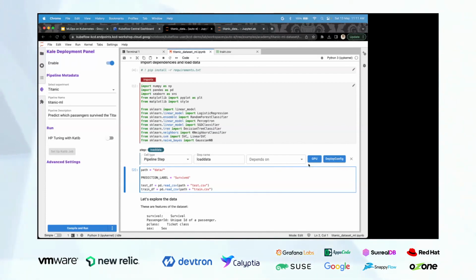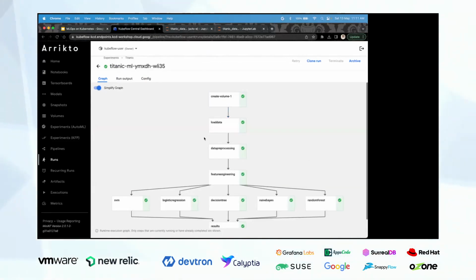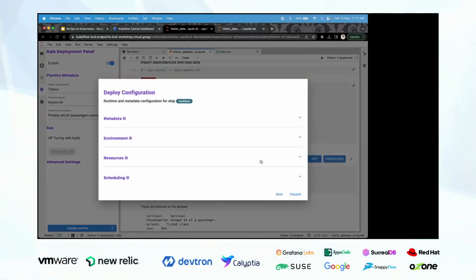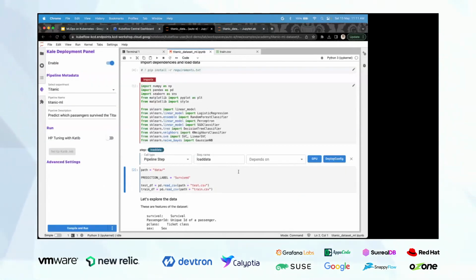There are other add-ons which we can also add, like if we want a GPU for this particular load data cell, we can add it, or if we want to add other configurations like metadata, environment, resources, we can also do it. I hope I am clear up to this point.